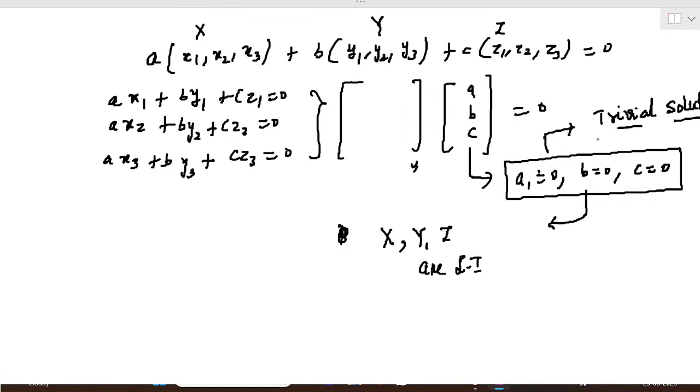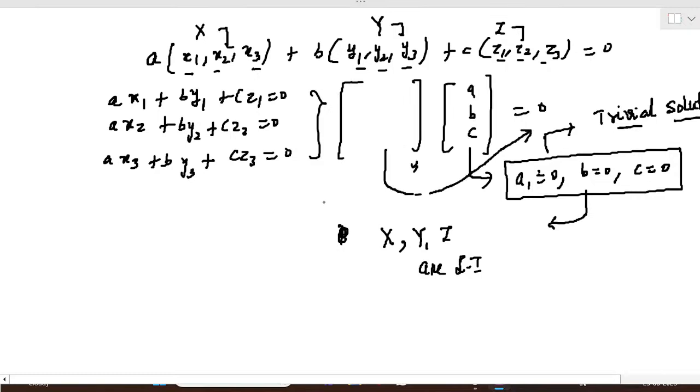See, what I want to convey, I'm saying that let's say we have three vectors in R cube. Let's say x1, x2, x3, y1, y2, y3, z1, z2, z3. Let us denote it by x, comma y, and z. If these are linearly independent, then can I not write it in this fashion? And can I not write it in this matrix notation? And if this is invertible,